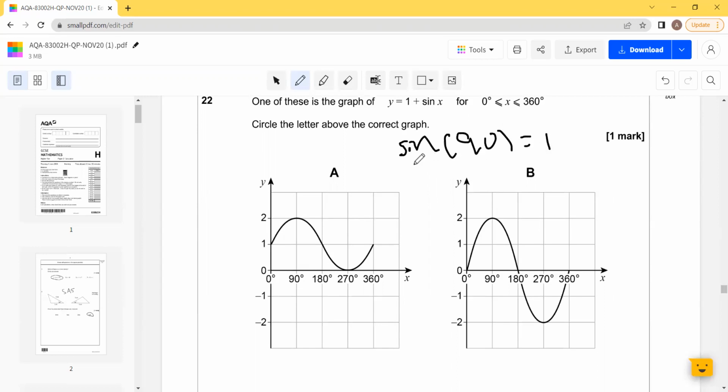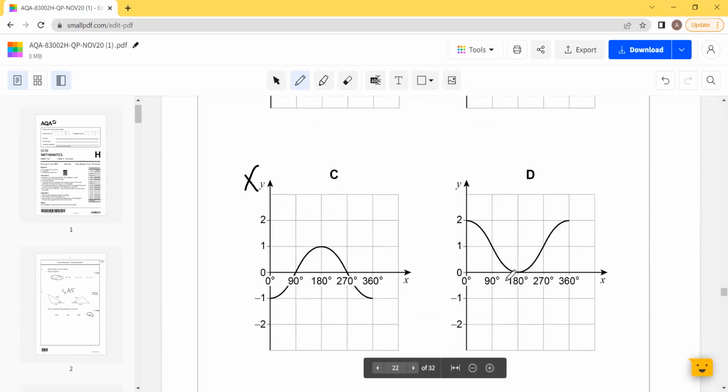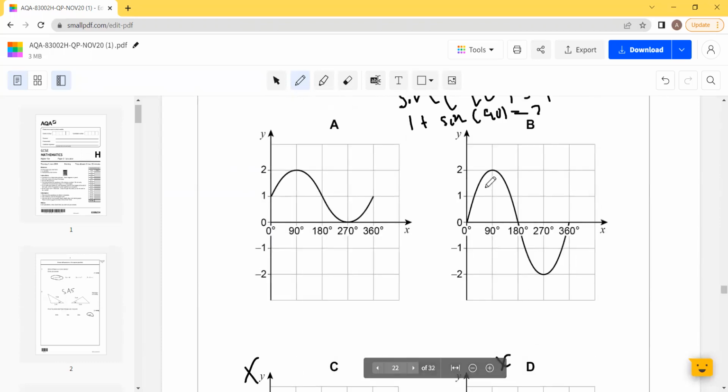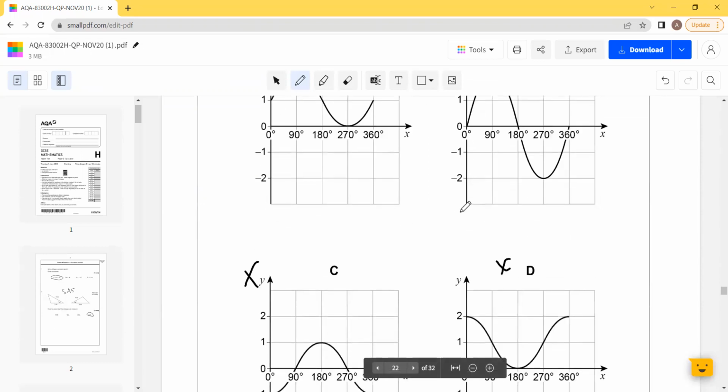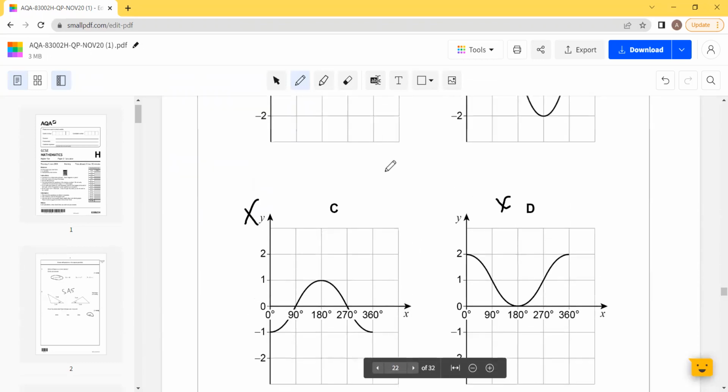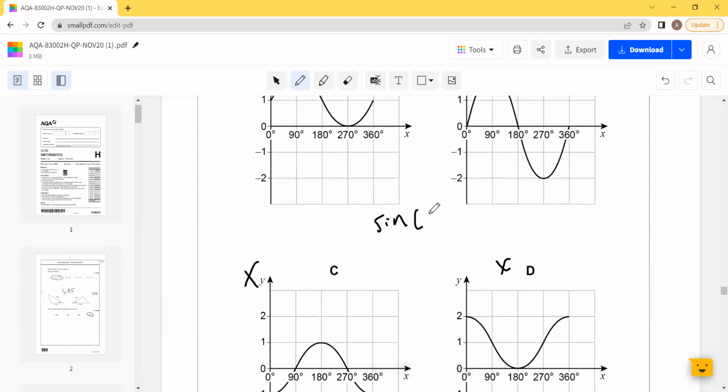So for y equals 1 plus sine x, 1 plus sine 90 must be equal to 2. So now we can also cross out D. Now let's take, for example, the value of 180. Well, sine 180 is 0. So we know that sine of 180 is 0. Let me write that down. So sine 180 equals 0. So 1 plus sine 180